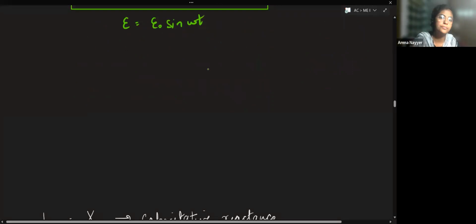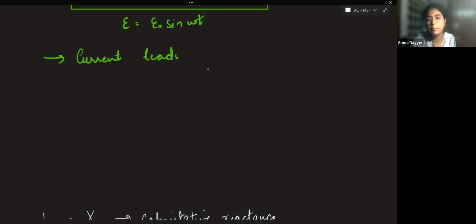And also, this is definitely for sure that current will lead here. And class, please make these things clear in your mind, which quantity is leading which quantity, because in the end this is only what will be helpful. Today only, after this, we'll start with LCR circuits, then you will note how all the three will get combined. Okay, so current leads voltage